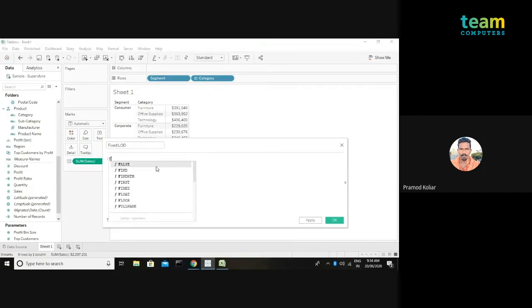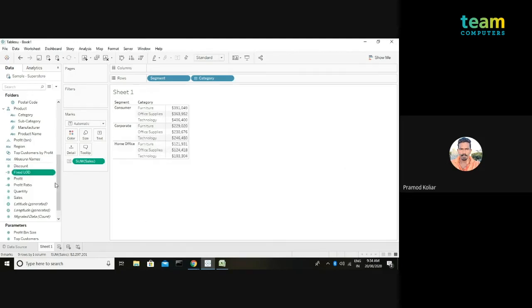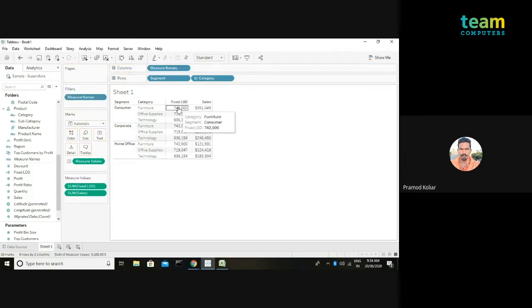In order to do that, first I enter the curly braces. I write fixed over here. I write category over here, as we saw in the slide, and I will aggregate this with the sum of sales. Let's drag and drop this onto the text shelf. This is my sum of sales that is coming from the data, and this is my fixed LOD.